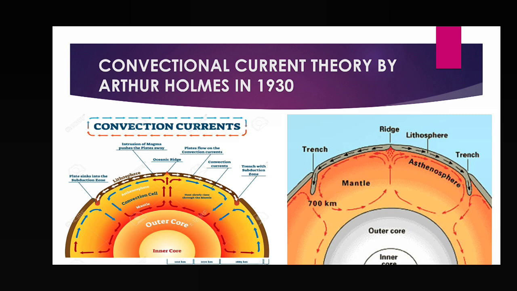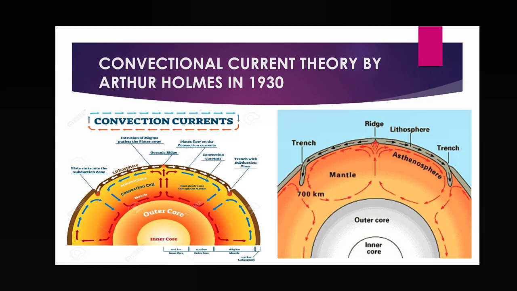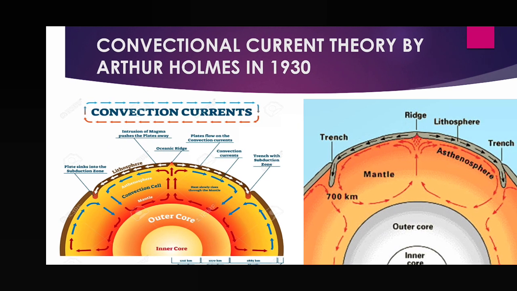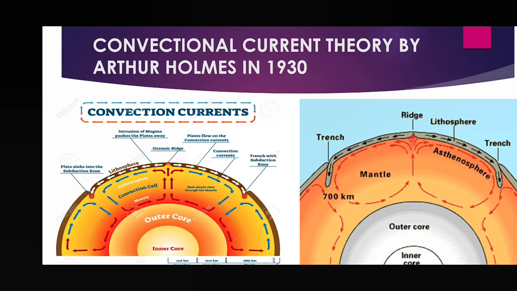And what is this? In the mantle some radioactive elements are present, and due to the decay of the radioactive elements the temperature increases. There is a huge release of heat, and that's why the temperature is very high in the lower layer of the mantle. In this portion the temperature is very high, and that's why the liquid material, which is also called magma, becomes warm, and when it becomes warm it becomes light and wants to go up.